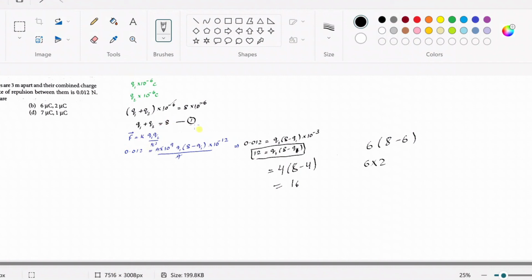Now this is an effective or faster way of solving, which we need for competitive exams, right? Otherwise you can also multiply this Q1 with 8 and Q1 with Q1, that will become Q1 square and you can simplify it. Okay, quadratic equation. So that's another way. I hope this is clear. So let's start with our second one. So question